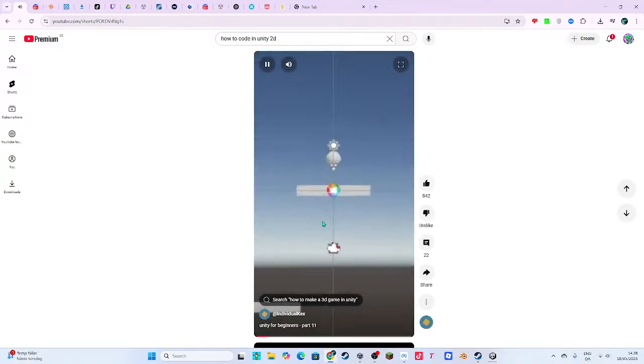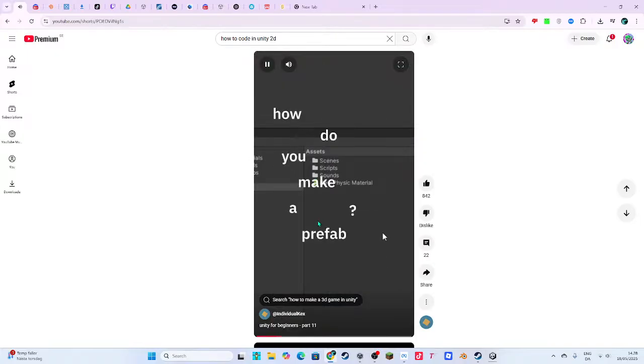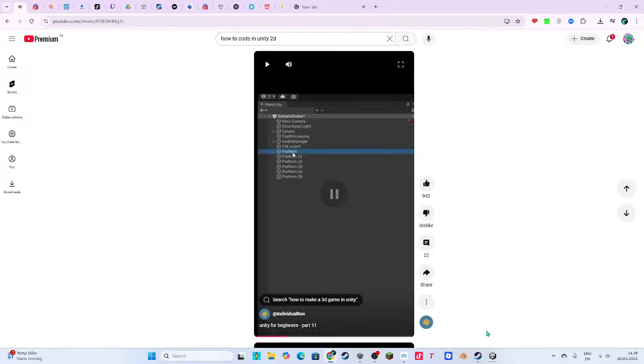What's a prefab? It's a game object saved in your files. You can instantiate, which means make, from a script. How do you make a prefab? Create a folder, prefabs, drag and drop your